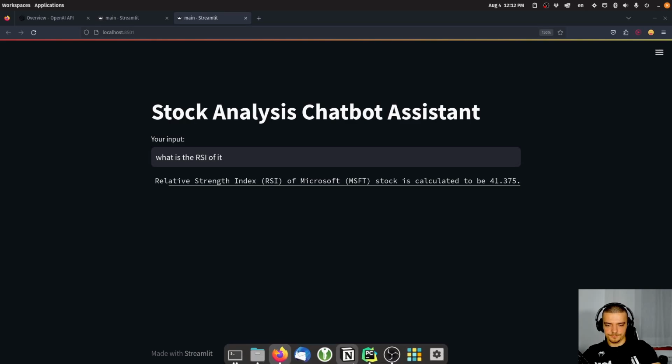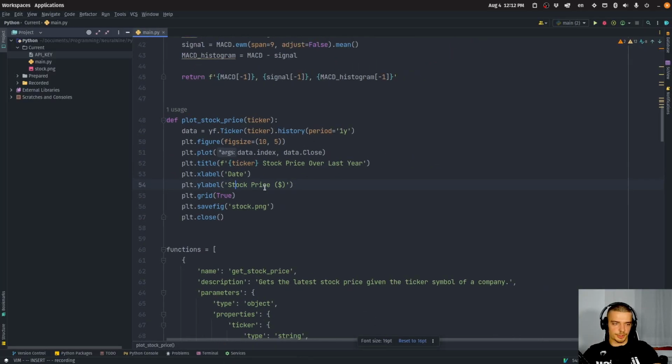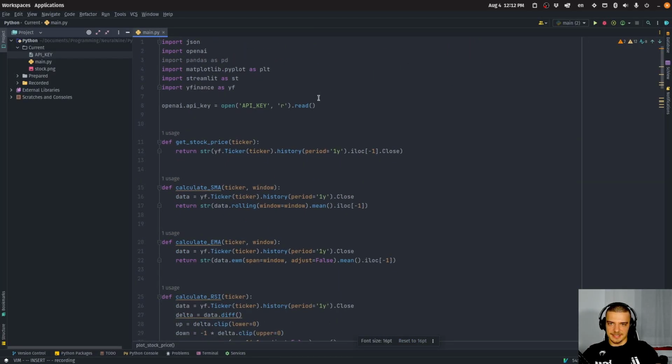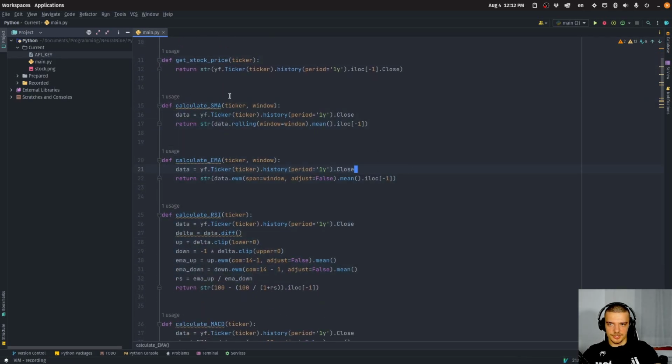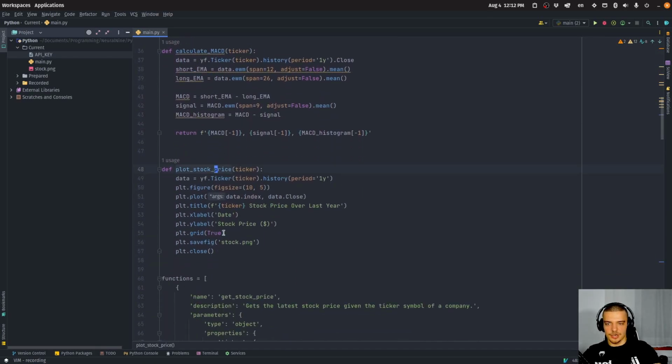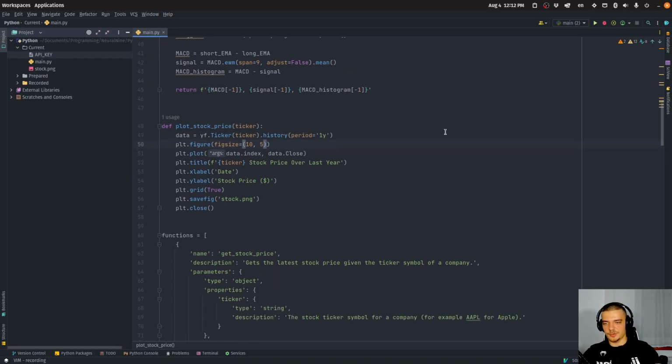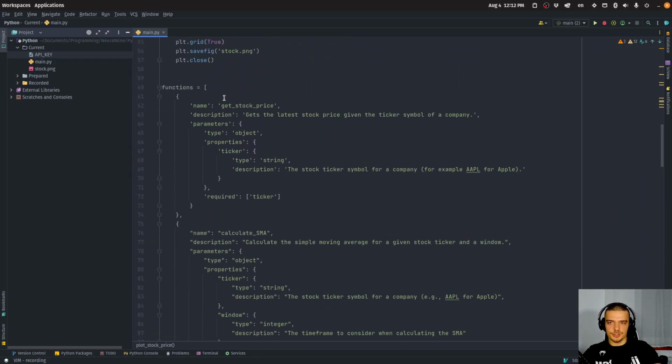All right. So let's go through the code one more time. The basic idea is, again, we authenticate with the OpenAI API. We define the functions that we want to use, just getting stock price, calculating some metrics here, plotting the stock price, saving it as an image. Those are the functions that we have at our disposal. We define that these functions exist